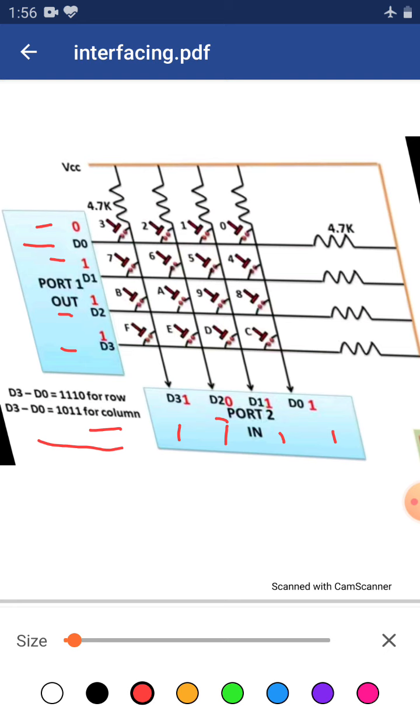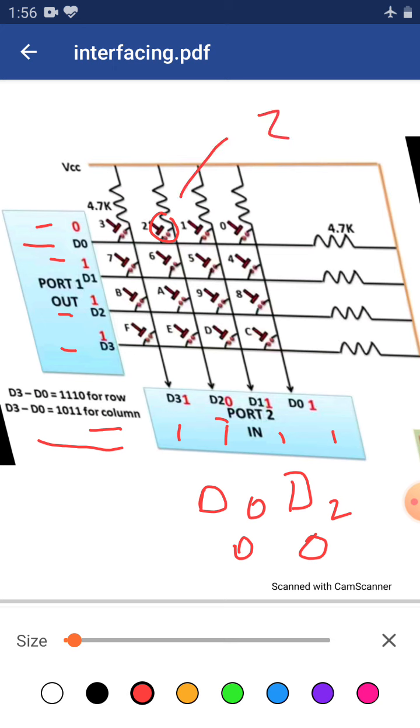So, from the row and the column we get that D0 and D2 are both 0, and we match them and get that key 2 is being pressed.